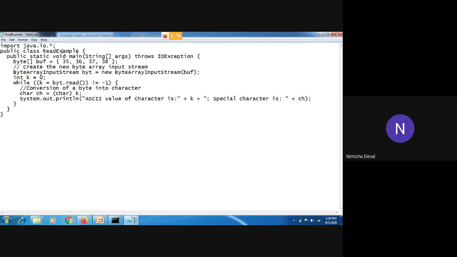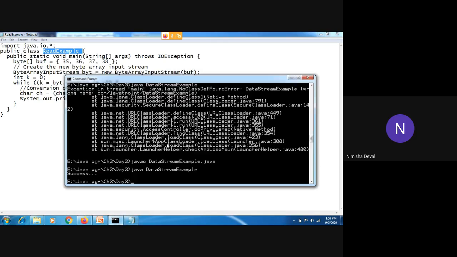So I will execute it. Here we have not used any file because we are writing this data on the console only. If you want to implement it on a file, you can use the file also.